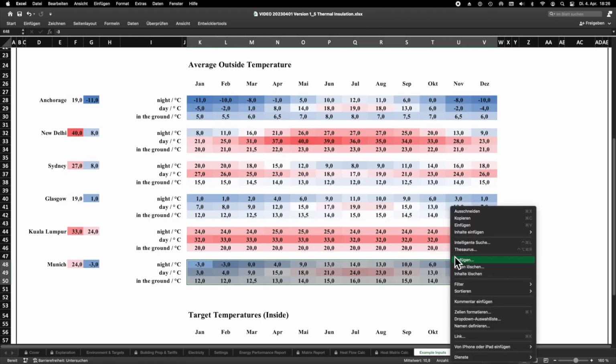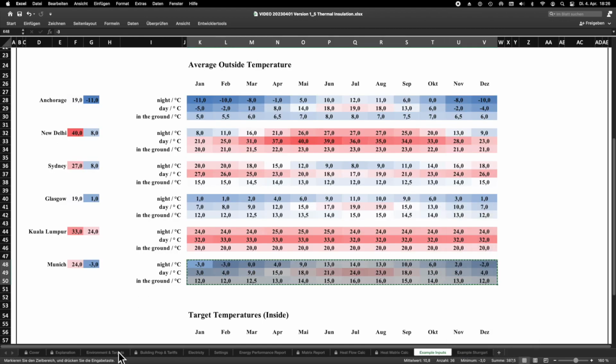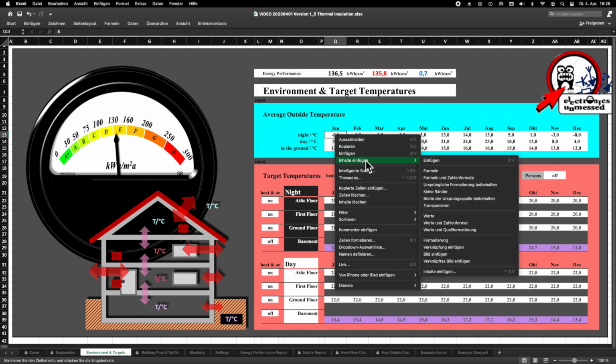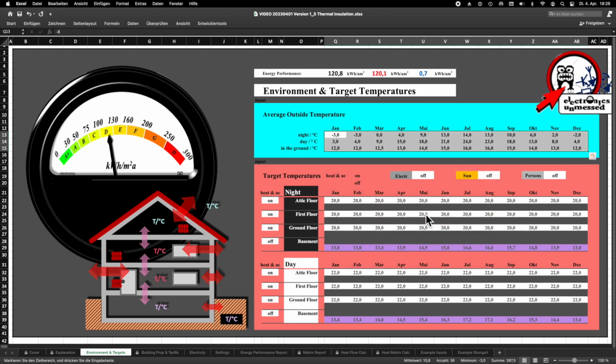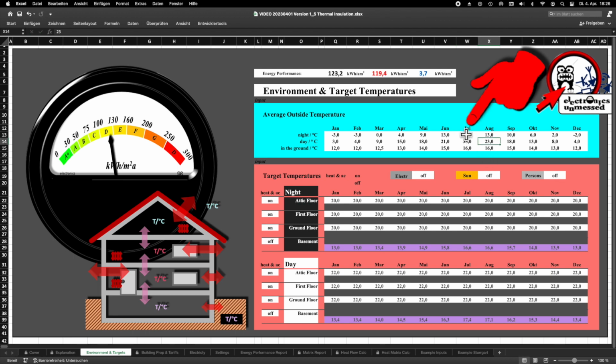Now let's assume that our house is in the middle of the city of Munich. The city center heats up a lot in the summer months, much more than the green surroundings. Let's assume we have a very hot July. In order to simulate this, we insert a temperature of 35 degrees during the day and 30 degrees at night.